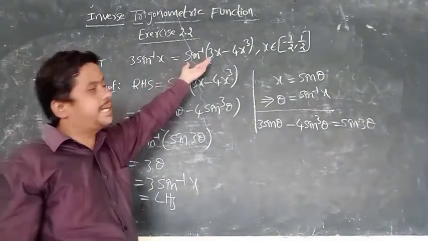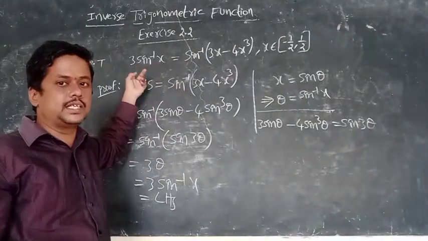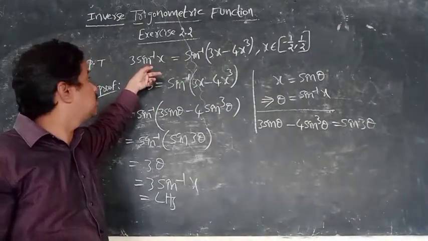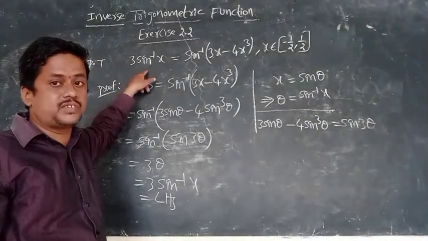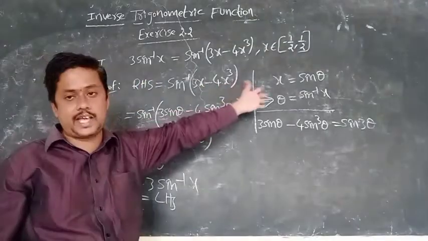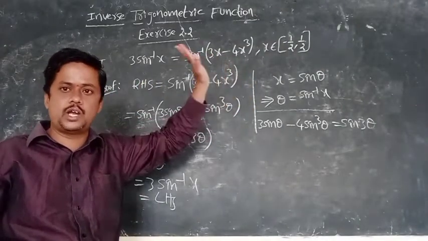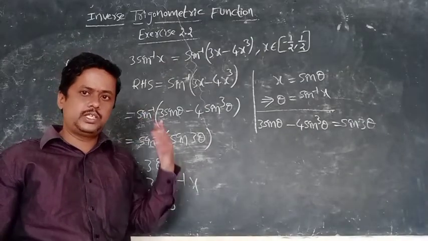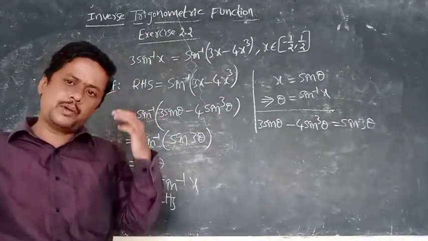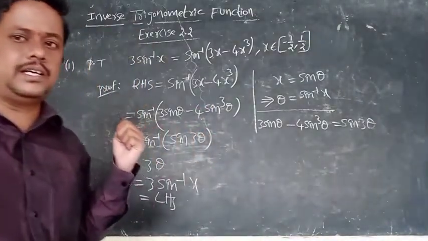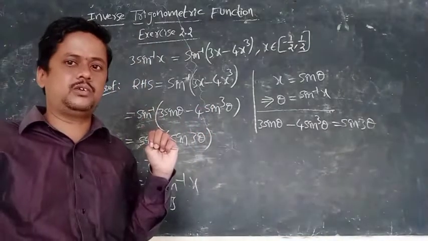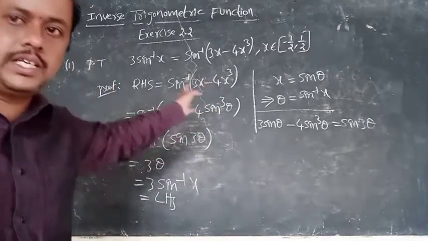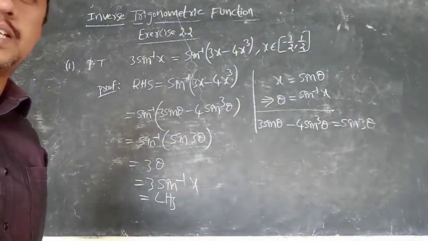Because we take the RHS and prove the LHS. Observe the LHS: it is in terms of sin inverse, that's why I have to consider sin. Like that, you have to think. Don't memorize the concepts by heart. Think in a proper, technical way, and then write. Now next we will see a similar problem, cos related.